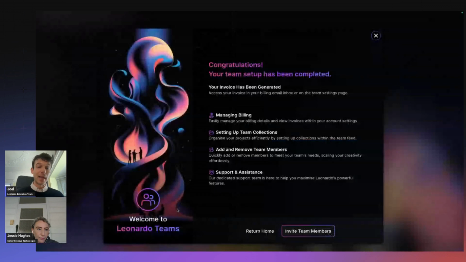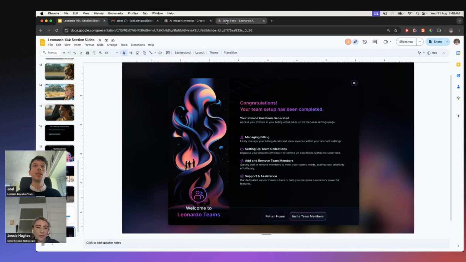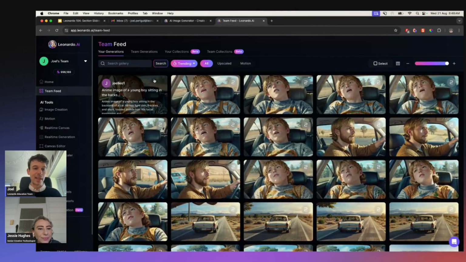And then from there, your team is all set up. And you'll be able to jump into the team and start to invite members. And I will show you what that looks like within the app because it is a tiny bit different from our current situation on the solo plans. So this is my end of the team feed. So as you can see,